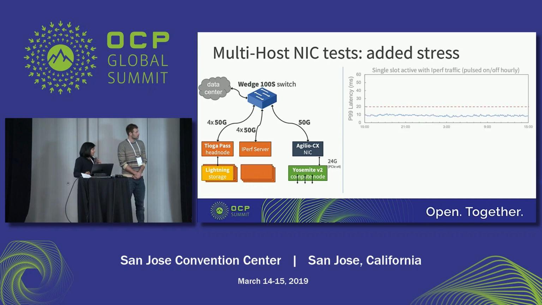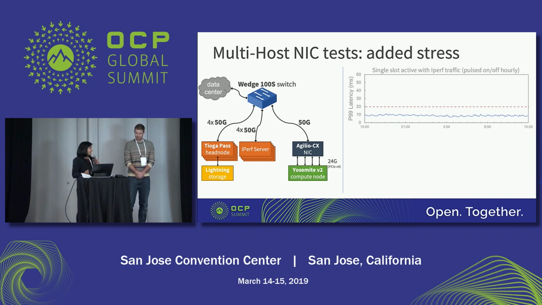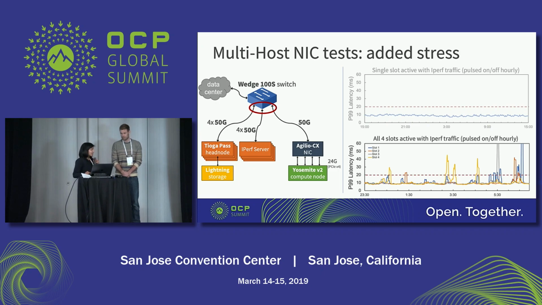So following up to that, we add in the rest of the 3 slots on the compute node, turn them all on, and each of them has their own iPerf server serving at 50G of Cubic traffic, and Tioga Pass head node in order to access the storage nodes. In this case, if you're observant, you'll notice that the issue really gets pushed up to the switch because you have effectively 400G of traffic that you're channeling into a 50G NIC. And we see that pretty clearly with the latency of our applications, which is well above the 20 millisecond SLA